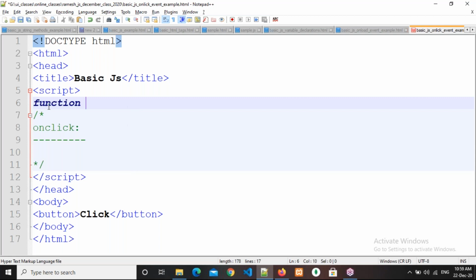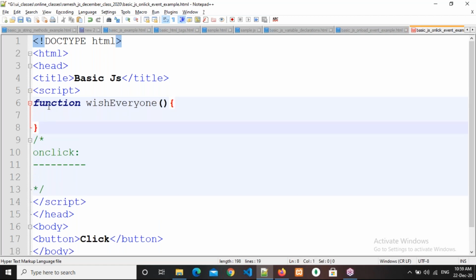Function basic message. Again I'm writing the same function. This is not predefined, or else wish everyone. What I'm writing here: hi everyone, good morning.